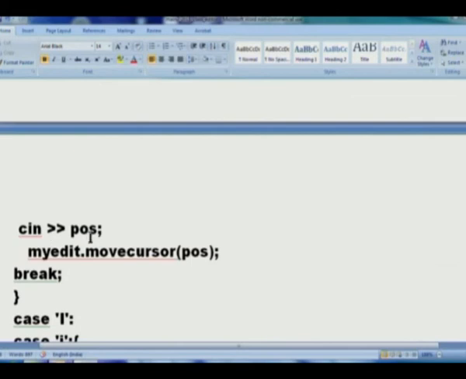And what I read next will depend upon what was the command. Okay, so here I read the position. All I do is I say my edit.move cursor pos. Agreed? So I have translated the user command into an internal function call, public function call to that editor class. And of course I break. Break means I go over to read a new command.